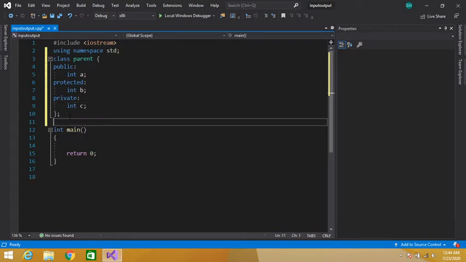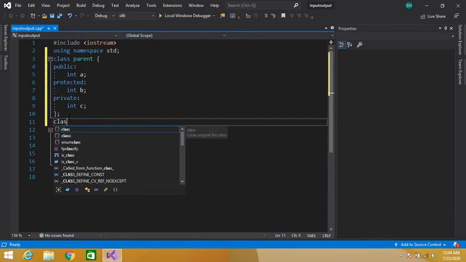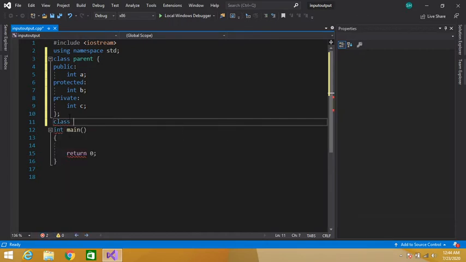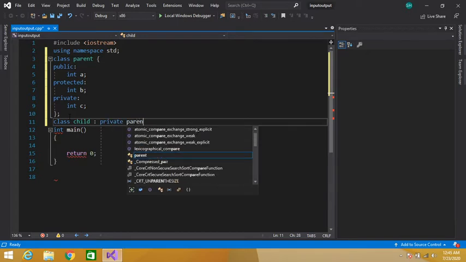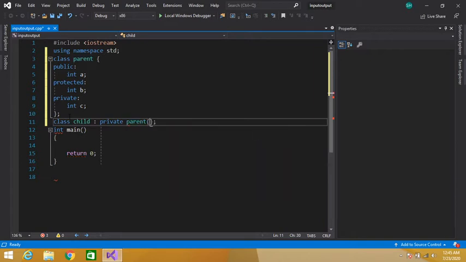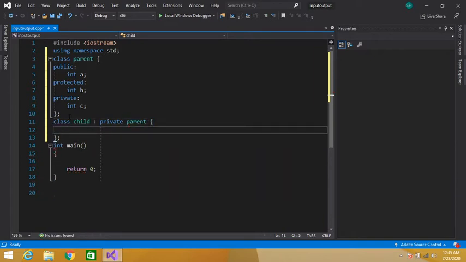Okay, let's define another class, child class. Let's say child, colon, we have to use private inheritance, private parent. Let's say we define two functions here.